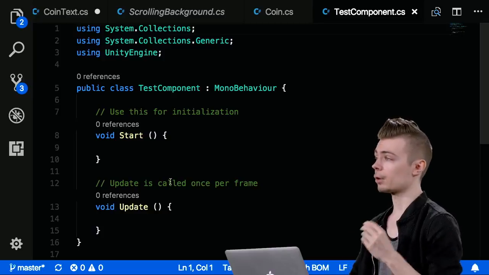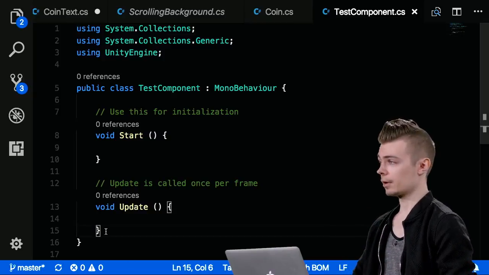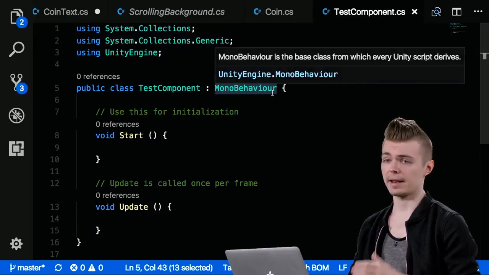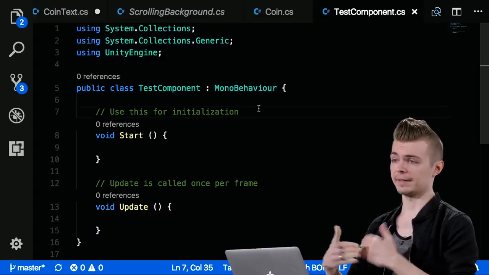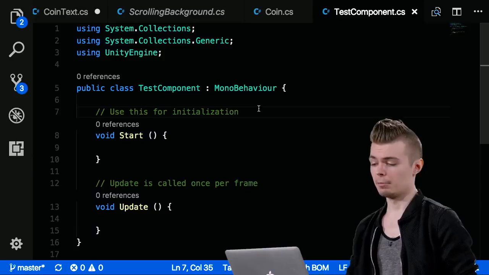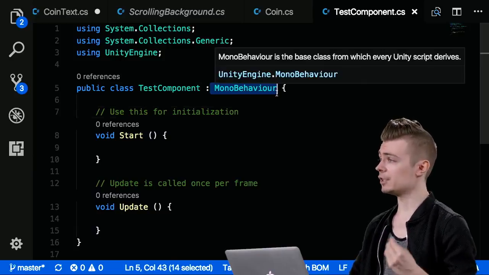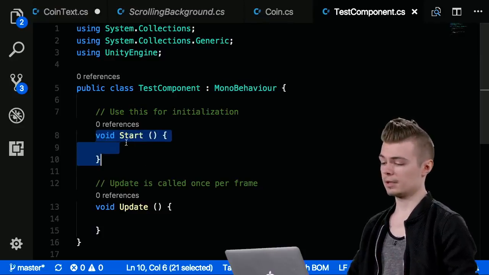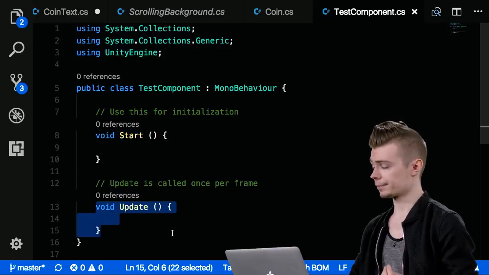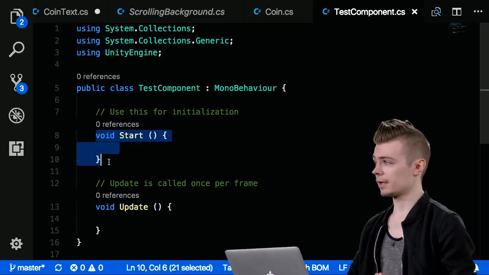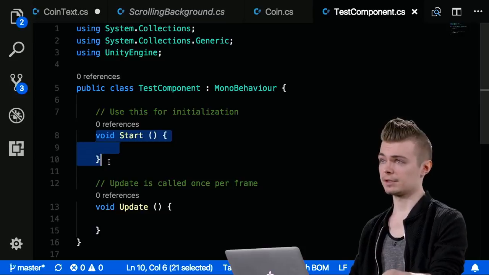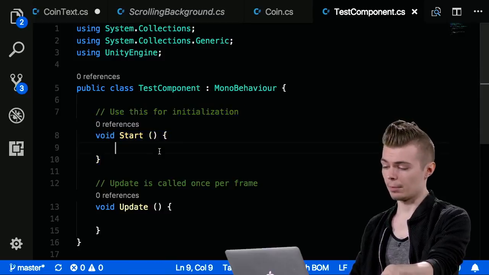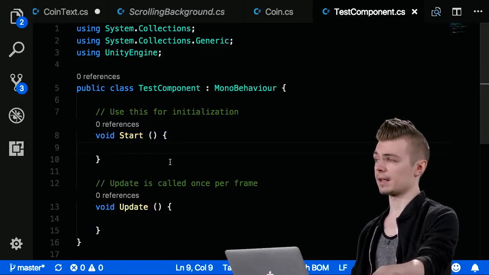Every script that you create is by default a MonoBehaviour, which it now strictly does not have to be. You could create a class of your own that you call behind the scenes, or maybe it just represents a data structure. But by default, anytime you create a new script in Unity, it saves you the hassle of typing all this out by hand, and gives you an empty Start method and an empty Update method. Like Tony said, the Start method gets called as soon as the component gets instantiated,